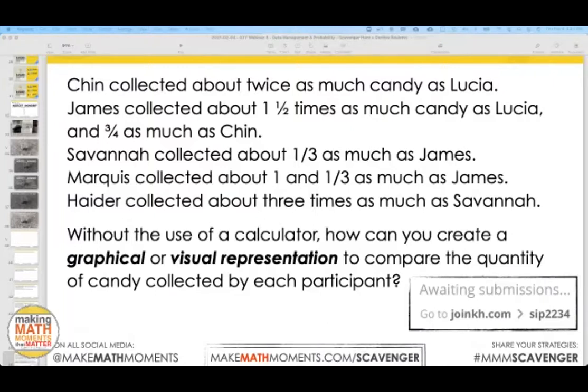And I will also mention, my friends, in the chat, Marcus said, I think it'd be nice to have Lucia's amount. And we've intentionally not given that amount because as soon as we do, we just turn to calculating instead of visually representing. So here we're really pushing students to represent and show the relationship between these quantities using fractional thinking. So it's kind of pulling you in two directions here. We're using data, but we're also building our number sense as well.